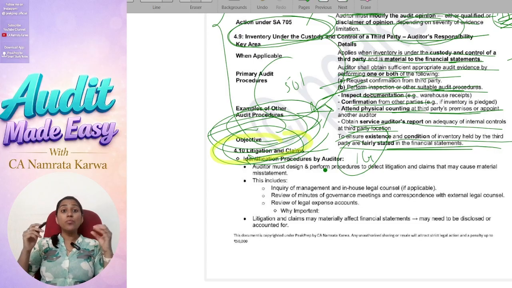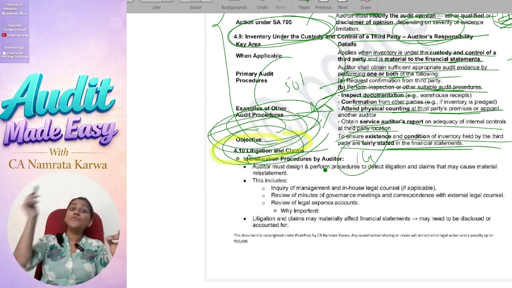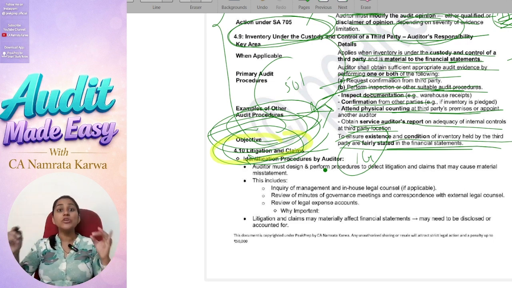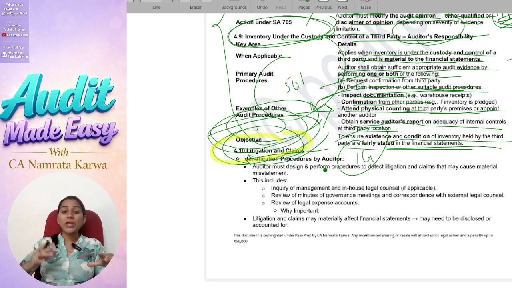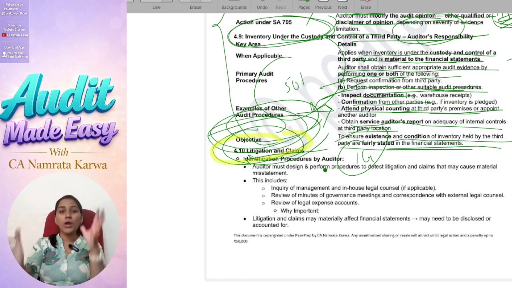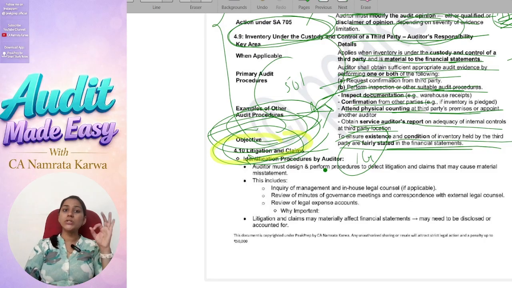And what will be the effect of such litigations and claims on the company, so that he can give a reasonable assurance on the financial statements of the company, to bring down the risk to an acceptably low level, right? It is really important. Now here, what is the auditor's role? The auditor simply needs to identify first what the litigations and claims are which are going on, and what the exact scenario is right now. And how is he going to do that?